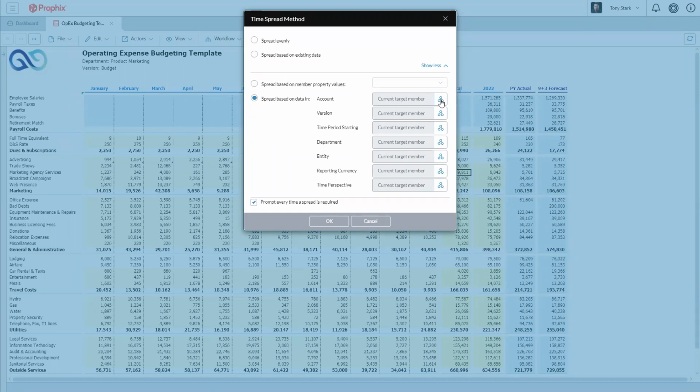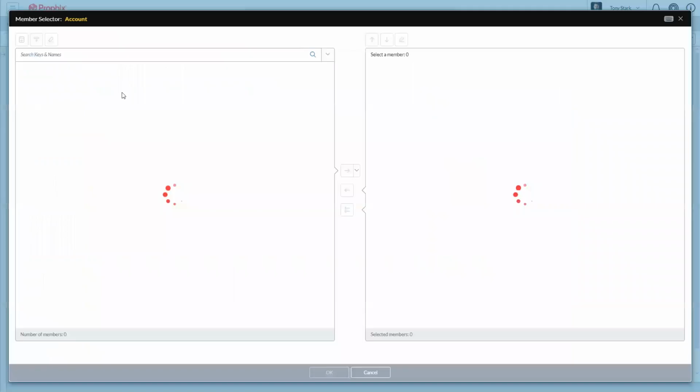So if I have various operational data that I've loaded into Prophix and I want to be able to spread by units produced, for example, or by headcount, or by FTE, or by square footage utilization, whatever is really pertinent to your business, I'm able to leverage that data and spread the data entered value